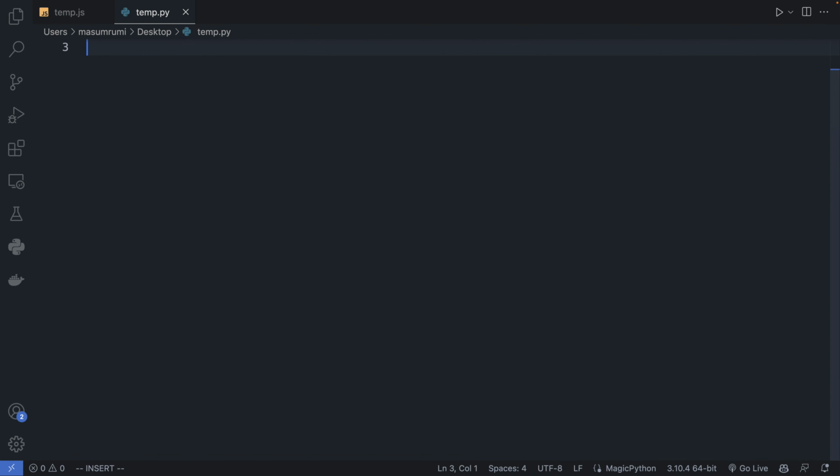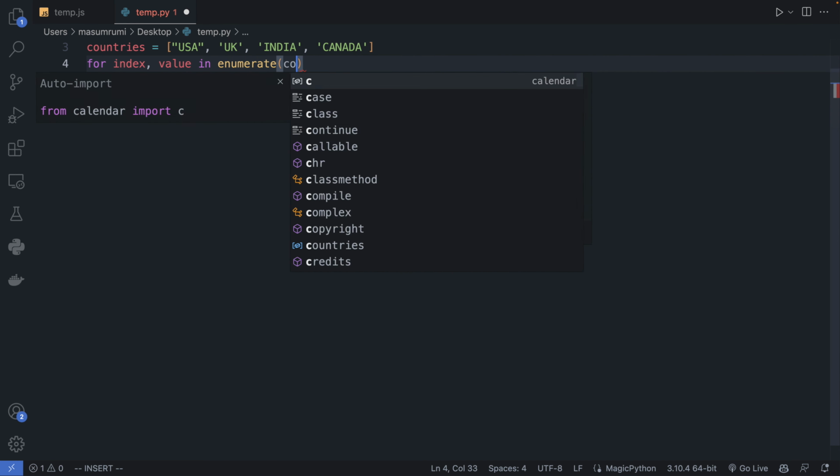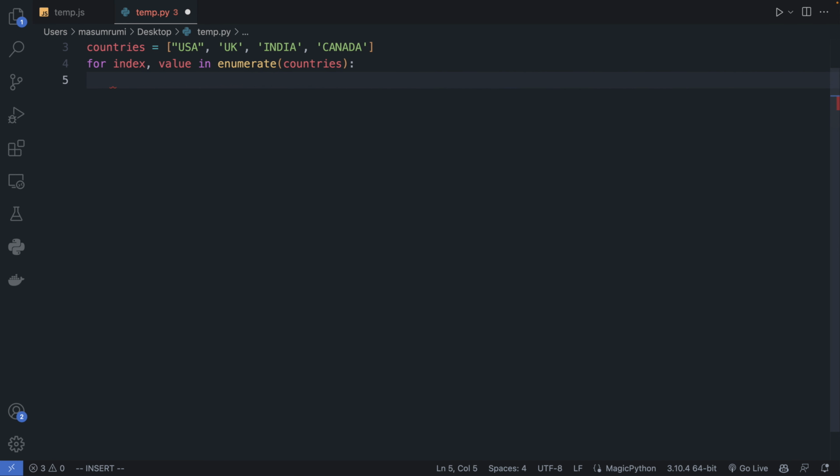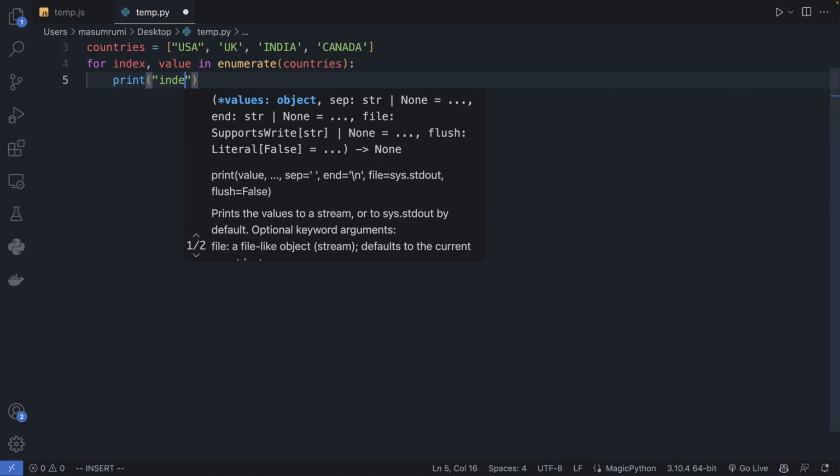So let's say I have a list of countries, and within this list I have USA, UK, India, and Canada. These are the 4 countries in the list, and I want to loop through this list and get both the index as well as the value. So in Python we would write something like for index, value in enumerate, and then the name of the countries, and then print the index